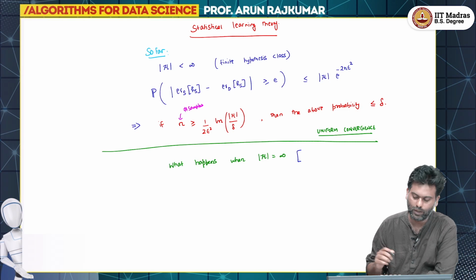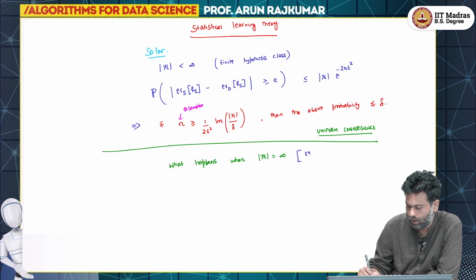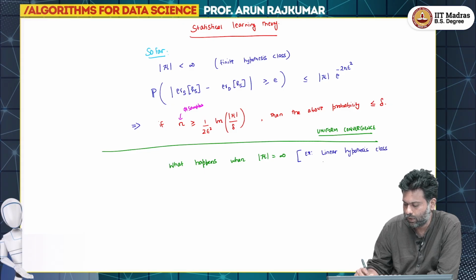That's never going to happen, right. So we are always learning from an infinite hypothesis class. For example, this could be the linear hypothesis class, which is just the set of all linear classifiers, or this could be the quadratic hypothesis class, right,